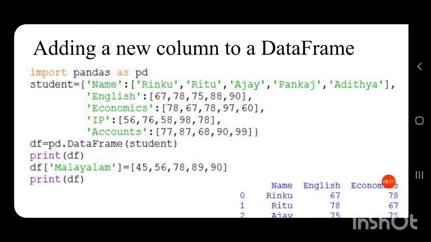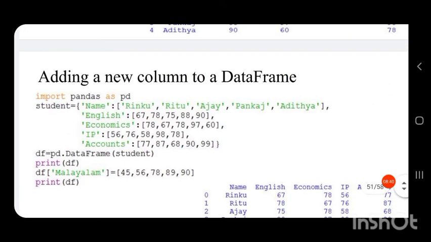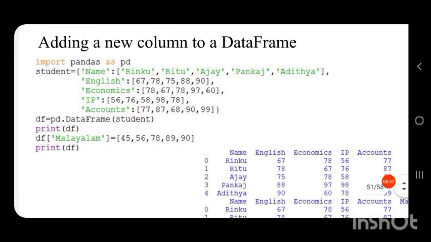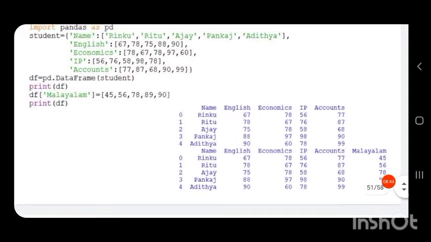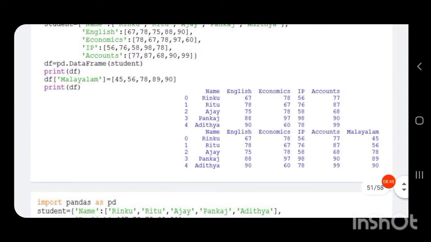Here I have written Malayalam is equal to the values for that particular column as a list. If we print the data frame, you can see that another column Malayalam has been added in the data frame with all the values we have given.